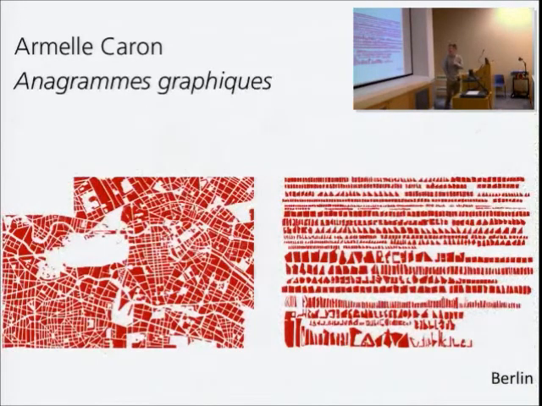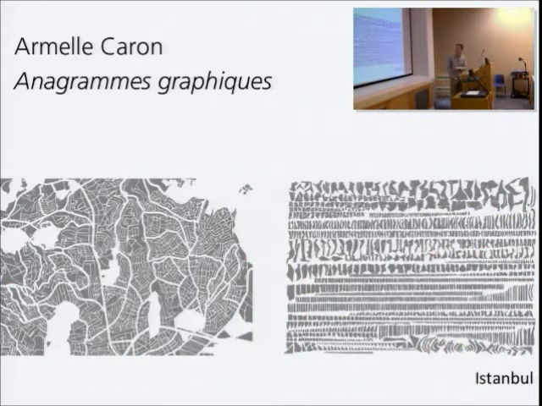It comes from an artistic piece of work from Emile Caron, who called these graphical anagrams, who took maps and changed their layout. As you can see, he arranged all the parcels of land in this case rather than buildings in particular ways. So here's a map in a conventional sense on the left and in a reordered sense on the right of Berlin. Compare that with Istanbul. And what the artist, I think, was doing here was deconstructing images that appear to be familiar on the left, but also it gets you to appreciate the characteristics of the urban landscape in this case in a different way,